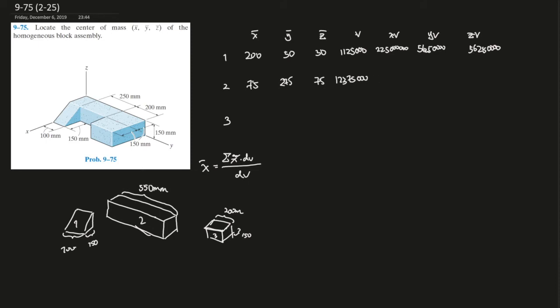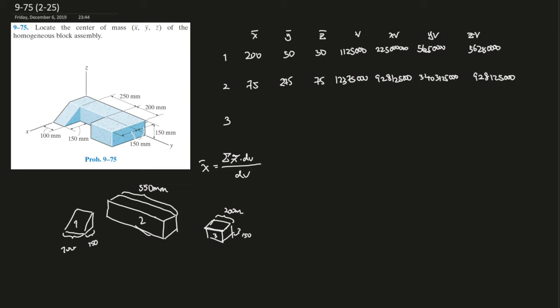And yeah, just times x bar times the volume of this second shape. That should give you 928,125,000. Okay, and for y is 3,403,125,000, and for z is 928,125,000. Okay, and for the second shape over here, we can see the x is 75, but the distance from x